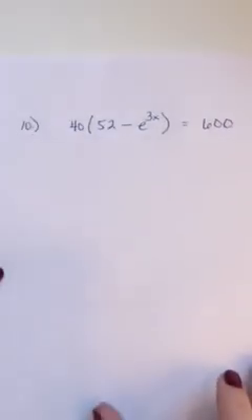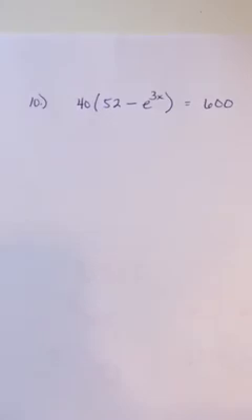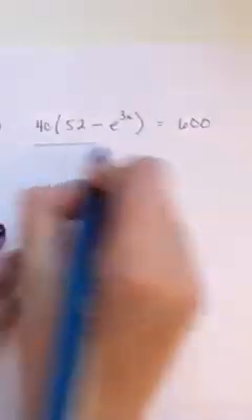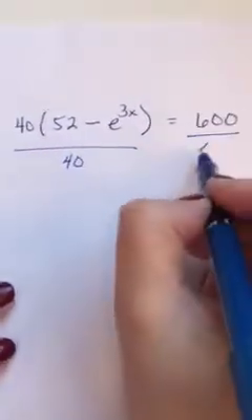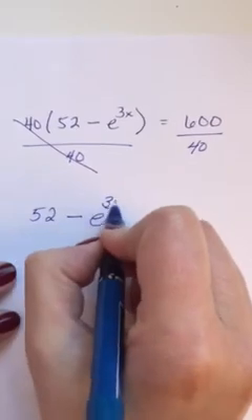Last question that we have to do is number 10. So once again, I want to solve for e. So I want to try to isolate. Now notice the 40, I've got that 40 sitting outside, and a lot of us might be tempted to distribute, but if you're trying to solve for e, it might be easier if we just divide both sides by 40 right off the bat. So those are going to cancel, and I'm left with 52 minus e to the 3x is equal to